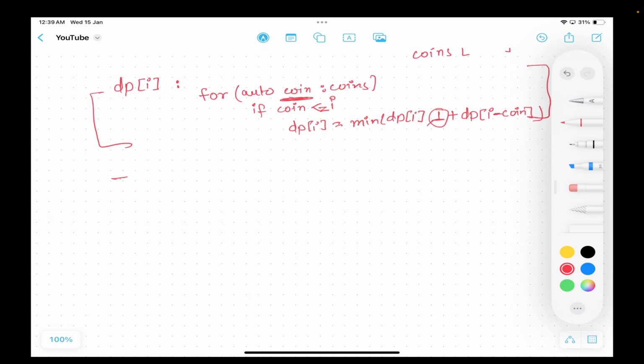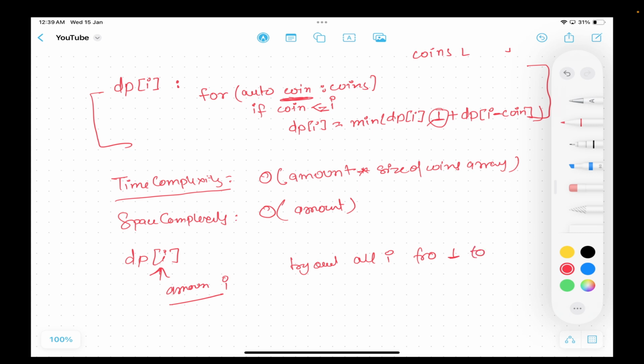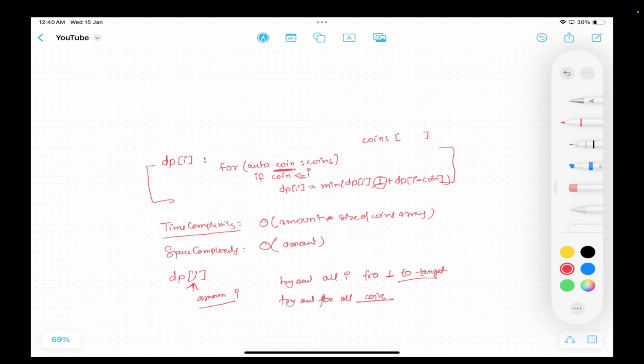तो कॉम्प्लेक्सिटी क्या होगी, टाइम कॉम्प्लेक्सिटी की बात करें तो टाइम कॉम्प्लेक्सिटी होगी ऑर्डर ऑफ अमाउंट, जितना भी तुम्हारा अमाउंट है का रेंज रहेगा, इनटू साइज ऑफ क्वाइंस, ठीक है। और जो तुम्हारा स्पेस कॉम्प्लेक्सिटी होगा वो होगा ऑर्डर ऑफ अमाउंट, क्योंकि तुमको एक डीपी बनाना होगा where i is denoting amount i, and you have to try out for all i from 1 to जो हमको टारगेट दिया हुआ है, जितना सम हमको बनाना है, and we will try out for all coins, ठीक है।